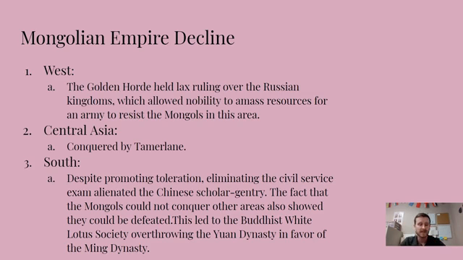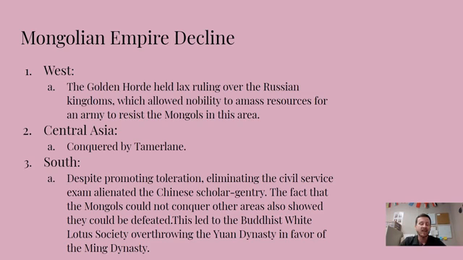Now, looking at the decline, because eventually the Mongol Empire, as it declines and is broken into 4 parts, those parts eventually lose control as well. So in the West, the Golden Horde, because they're kind of ruling from afar, it allows these Russian kingdoms to amass a lot of resources, and they use those resources to create an army that then expels the Golden Horde out of that area. In Central Asia, there's a conquest by Tamerlane, and then in the South, talking here about